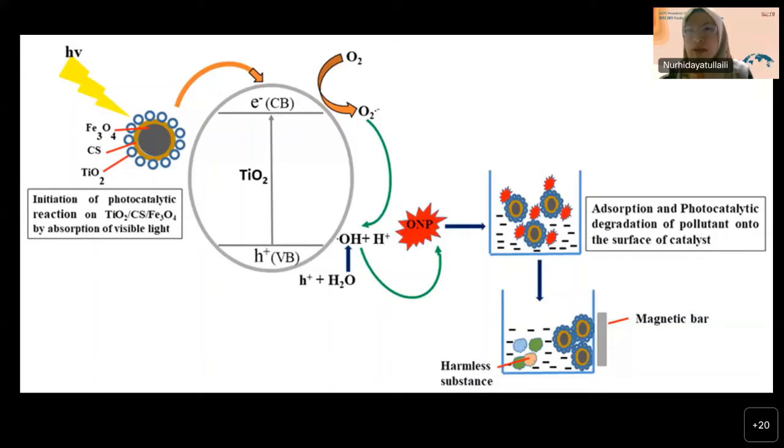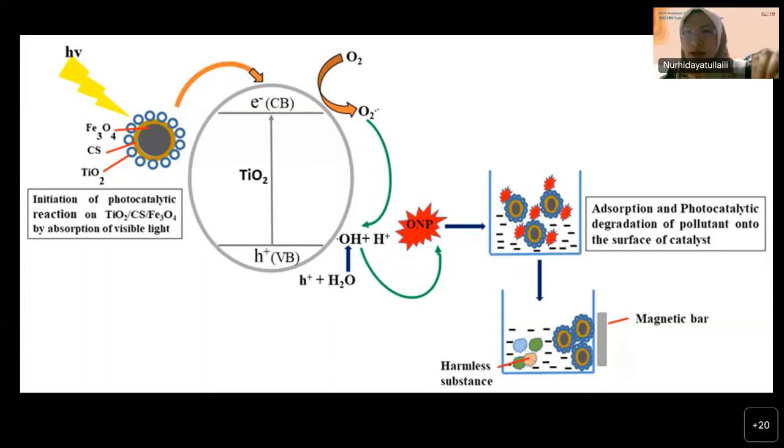in the catalyst system. The TiO2 is the main catalyst, and we incorporate iron oxide to reduce the band gap energy. The formation of a heterostructure between the titanium oxide and the iron oxide reduces the band gap in this hybrid system, making it applicable with a band gap under 3 eV. In addition, iron oxide not only reduces the band gap of the TiO2, but also introduces some magnetic properties to the composite. So at the end of the catalyst reactions, the nanoparticles can easily be separated from the system